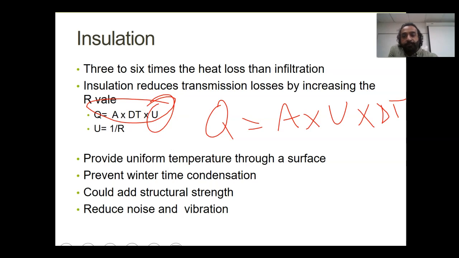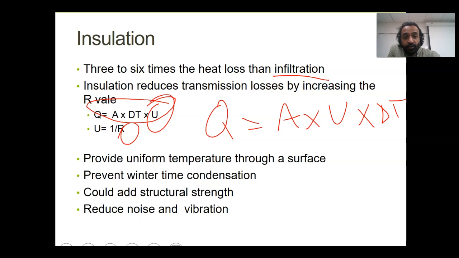We talked about how insulation reduces transmission by adding resistance. We did a couple of examples in week 3 where we added the resistance of insulation to the wall. So insulation does add resistance, and it can also improve heat loss by infiltration more than